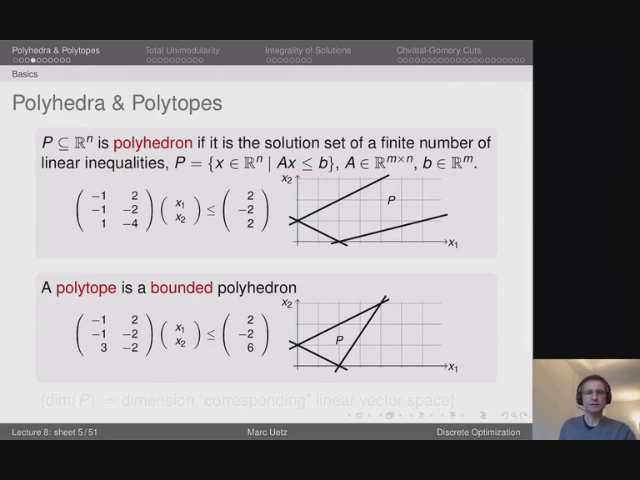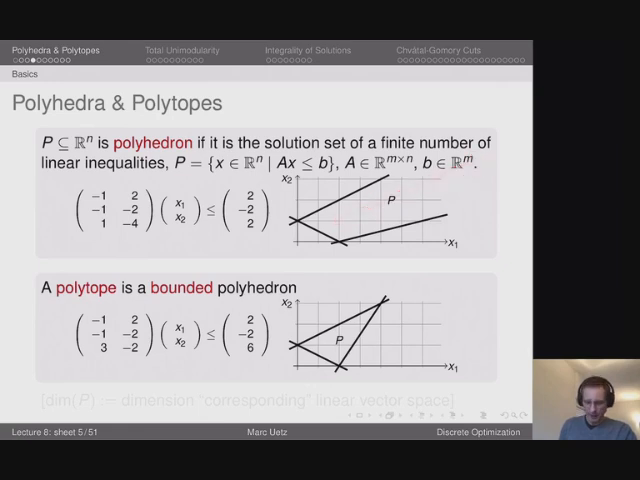That would be all the feasible solutions to this linear system. So that's just the definition of a polyhedron, the intersection of finitely many half spaces. Okay? And a polytope is the same, only it's required to be bounded. So notice that the polyhedron up here contains such an infinite ray. So we can move into this direction